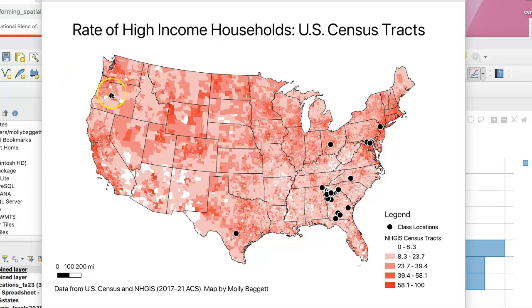So this is a map of high income households using US Census tracts. This is data from NHGIS from 2017 to 2021. The little black dots there are our class locations. So at the beginning of the semester, we were asked to fill out our hometowns, and this was the distribution